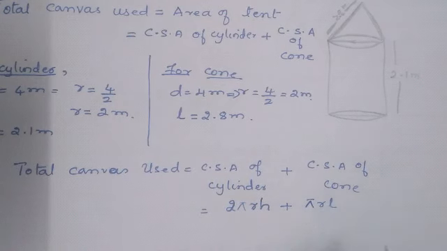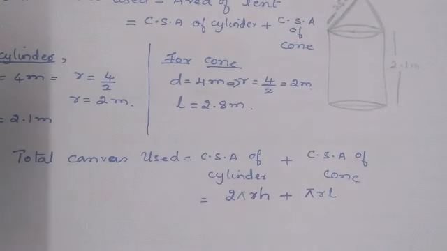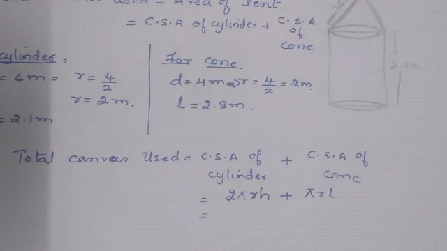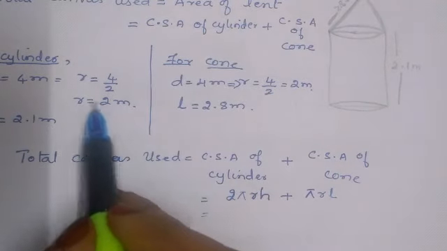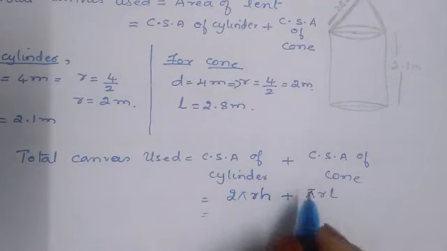To solve these problems, first we need to learn these formulas by heart. We need to know the formula. If we write the wrong formula over here, we can't solve the problems. So let us see in this. r is the same, that is, in both cases the radius is 2 meter. So pi is common and r is common.